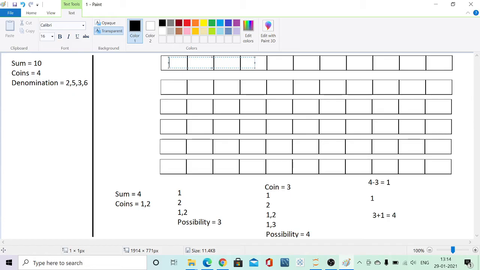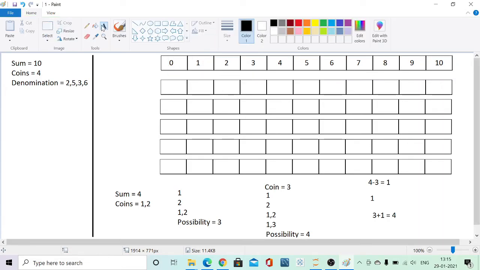So the sums which are less than 10 are 0, 1, 2, 3, then there is 4, 5, 6, 7, 8, 9 and 10. So before reaching 10, there is a possibility that I will also achieve these sums.